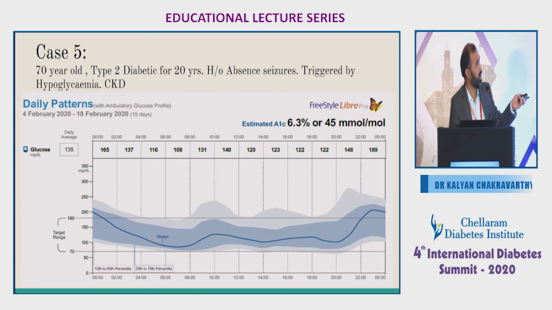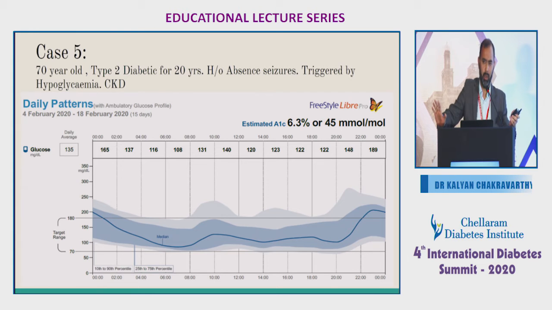After I reviewed these charts, as you can see, almost 50% of his values are going above the target zone at night, but it is much less than 250. So this is a high-risk patient where, if 50% of your values are within the target zone, you leave them alone. This patient was having a nighttime meal at this time every day. He was so fearful of hypoglycemia that he was eating much more than he should. I didn't do anything else because although the values are up, his A1C is still 6.3, he's not having any hypoglycemia, and he's still within the recommended targets as per the new consensus guidelines.